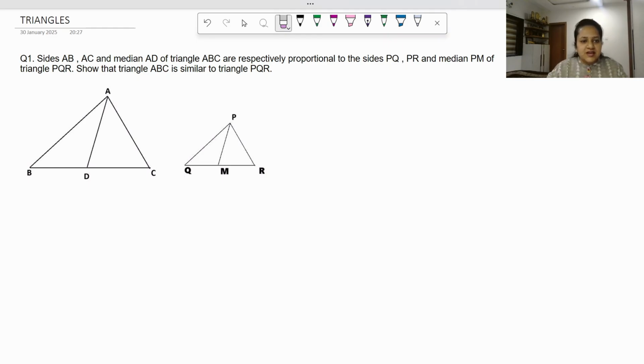The question says the sides AB, AC, and the median AD of triangle ABC are respectively proportional to the sides PQ, PR, and the median PM. If we have to write it, we shall write it as what is given to us. The given part is